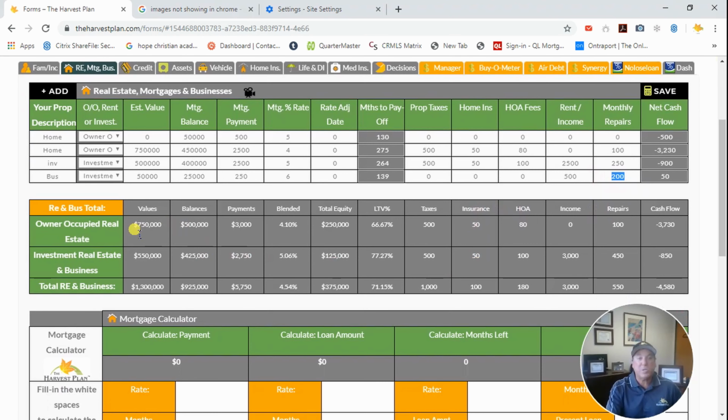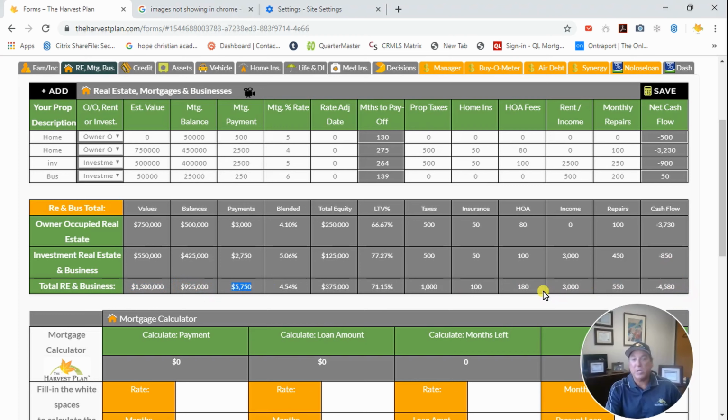So here you can see on all my owner-occupied property, I know exactly how much my values are there, what I owe, what my payments are, what my net cash flow is for my owner-occupied property, what my net cash flow is for my investments, real estate investments or business investments, and what the totals are for all of my real estate and business values, loans,